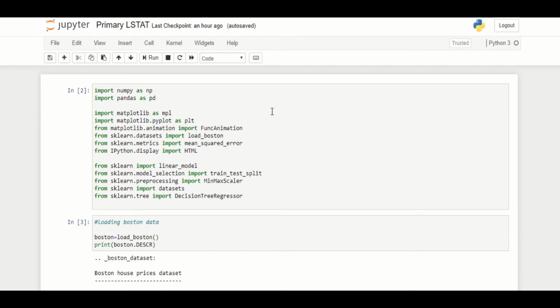Good morning, everyone. Today I'm going to explain the Boston House price prediction data. Initially, we need to import the libraries from several sections. First of all, import NumPy as np, import Pandas as pd, and all the other libraries as they are needed